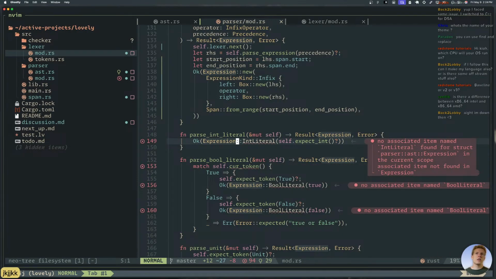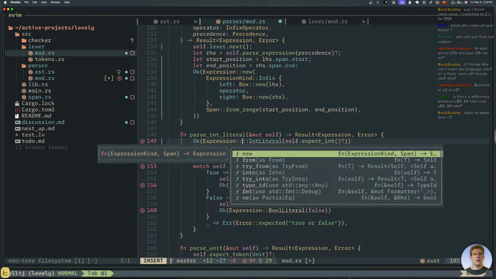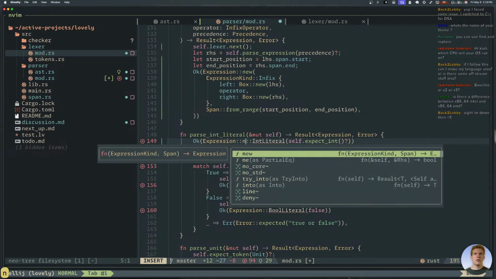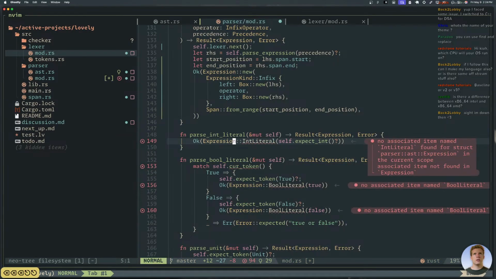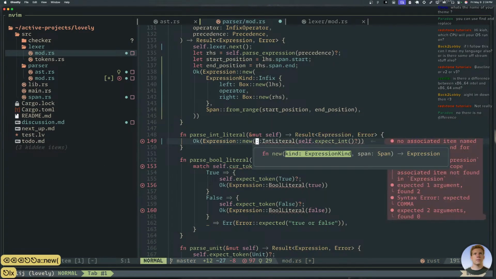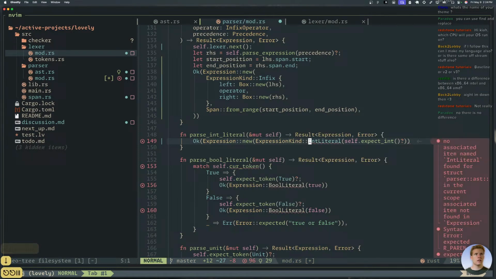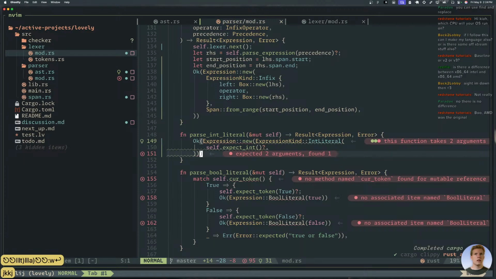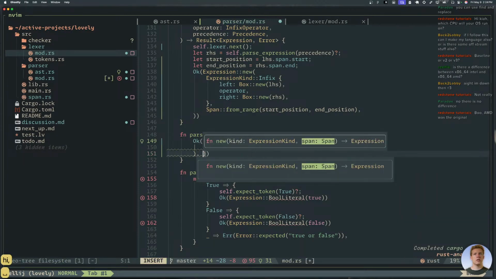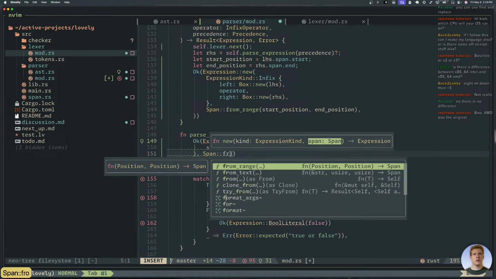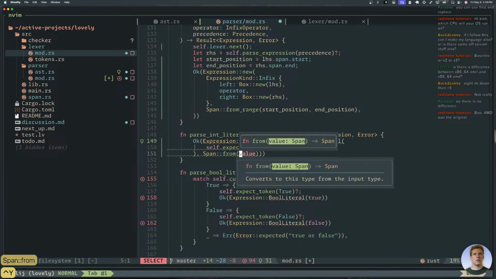Okay, expression comes a new... wait, how are we doing this? Yeah, okay. New expression kind, right? And then we need a span from range.